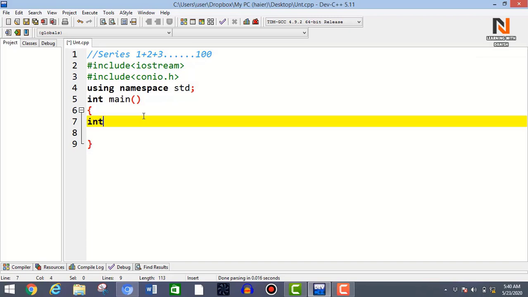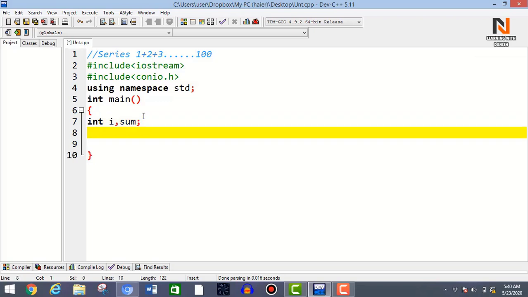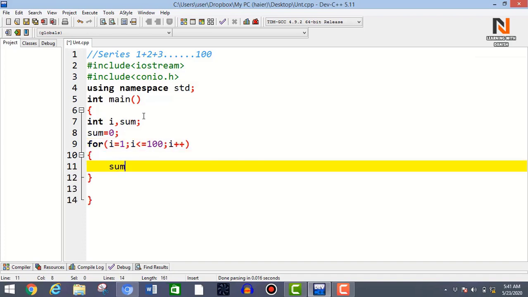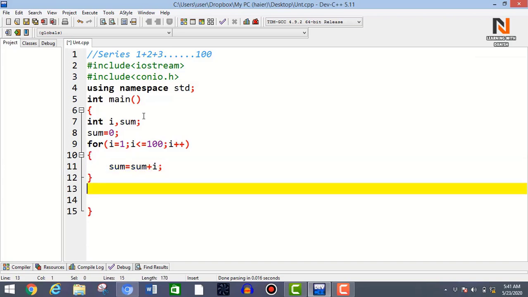So first you have to declare i, sum semicolon, then you have to use sum is equal to 0 semicolon, and then you have to use a for loop, and here you write initialization i is equal to 1 semicolon, i less than or equal to 100 semicolon, and then you have to increment i plus plus, and here you write sum is equal to sum plus i and then semicolon,